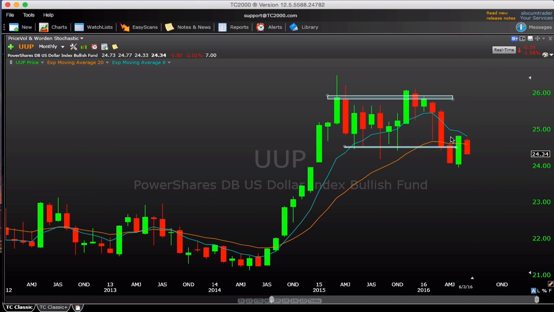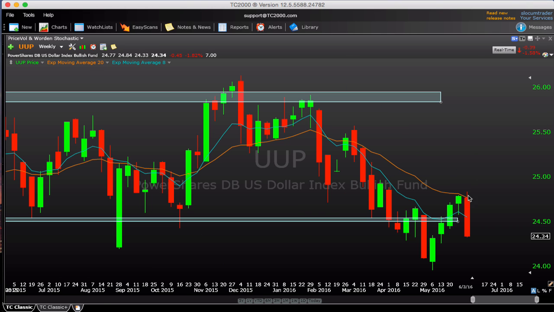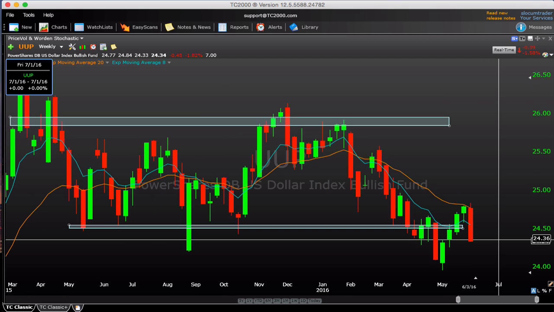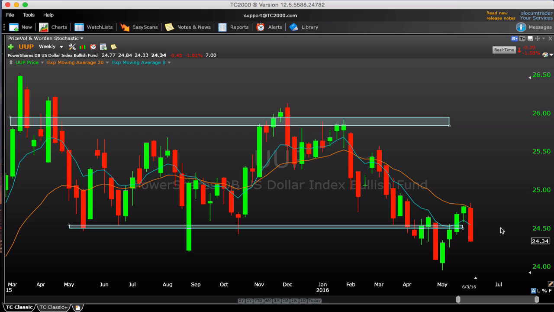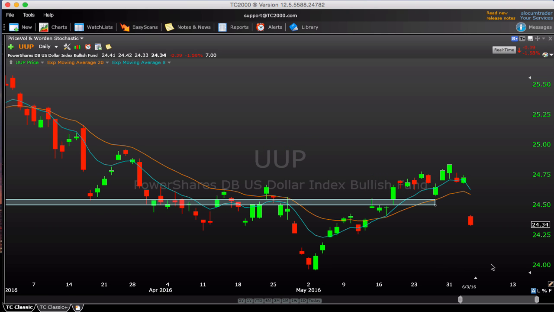So monthly chart, you can see still at an interesting spot, still at that inflection area, all things considered. Weekly chart painting a little more of a pessimistic picture here, especially if it holds down at these levels. Again, I think 24.50, give or take 10 cents, it needs to be above there if you want to remain bullish in UUP. If it stays below here for much longer, I would not really want to be long the US dollar. Again, this pivot low down here right around $24 probably gets interesting. Maybe some type of retest there in the near future. If it stays weak, we'll have to see how that looks heading into the rest of the week, or heading into next week and throughout the month of May.